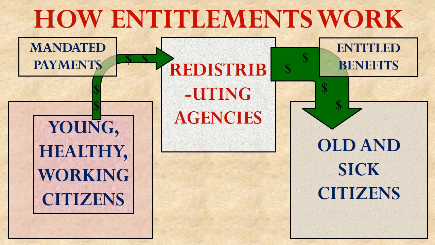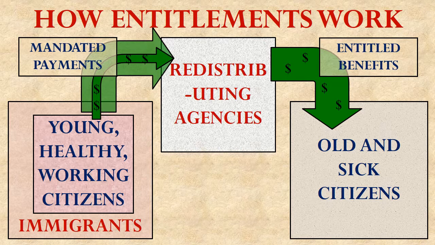So to rescue this system, what we really need is a whole bunch more young, healthy people paying in. Now, we probably aren't going to be able to force people to start having 7 or 8 or 9 or 10 kids. That's not going to work. So where are we going to get these extra young and healthy working people from? That's where open immigration comes in. If you get a bunch of young, healthy workers to come in from Mexico and take jobs, then they can start paying into the entitlement system. And that extra money will then provide what's necessary to pay for all the old sick people.